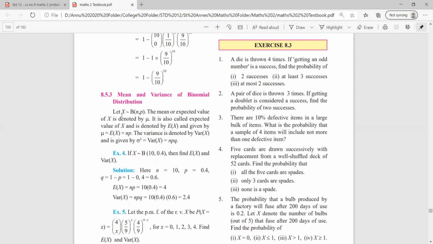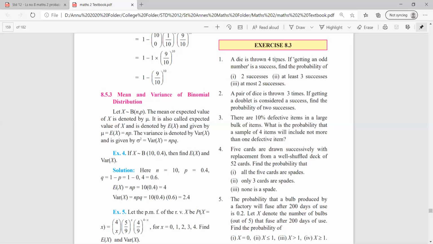As you can see on the left side, it's written X follows binomial distribution with parameters n and p. Also, I have explained what E of x, the expected value of x, and variance of x are in binomial distribution. It's given by the formula E(x) is equal to n into p, and variance of x stands for npq. Also, the formula will be seen when we start with the first sum. So without wasting much time, let us start with sum number 1.